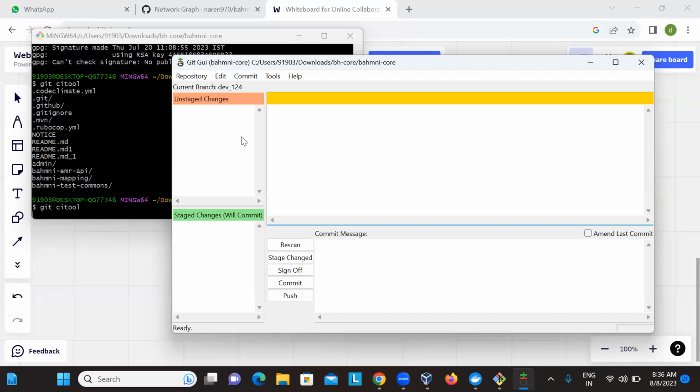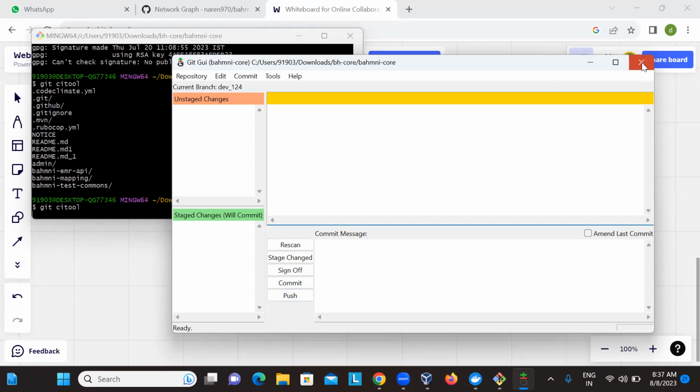they can just use git citool, and it will keep telling you the changes that you have done. If you have created some new file here, it would have shown here. If you have added it, it would show under the green box. And if you want to commit it, you can do this. You can push it. This is one other tool. Another one is,